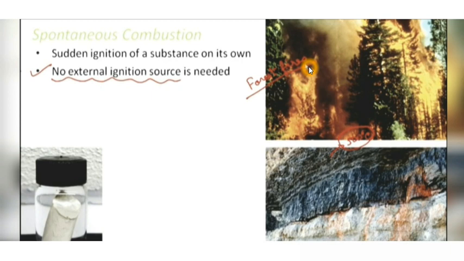In the case of a forest also, normally forests contain trees and trees have moisture in them. But when the weather becomes very, very hot, what happens? All the moisture gets evaporated. So there is not much water left in the trees. So they become very dry. And in such a situation, it becomes easier for them to reach their ignition temperature when the temperature in the surroundings is very high. And once they reach their ignition temperature, they can catch fire. So forest fires, which happen in this way, are also an example of spontaneous combustion because it happens suddenly on its own without any external ignition source.